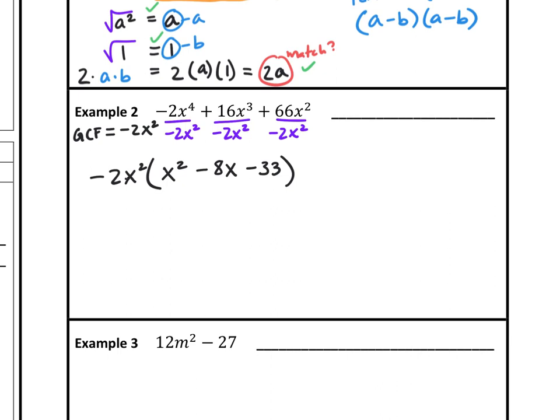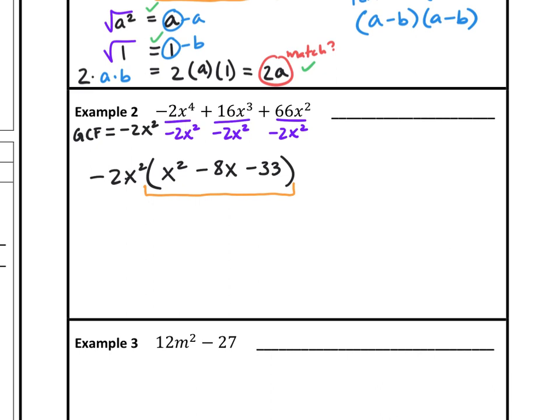All right, and then we got to check, is what I got left over, is this a special situation, or is it something that we've seen before? So it might be a perfect square trinomial, but the question is, can I square root the last one? Well, it's negative 33. Well, I can't square root a negative, and I can't even square root 33, right? So before we say that it's prime,